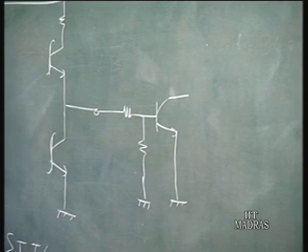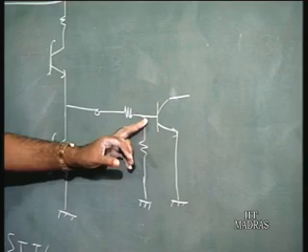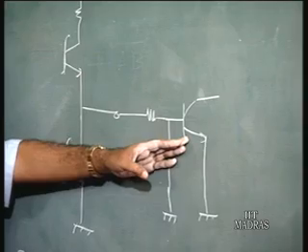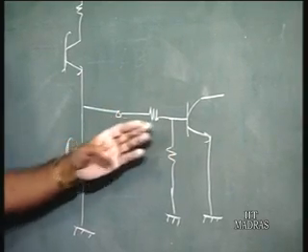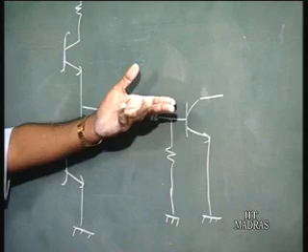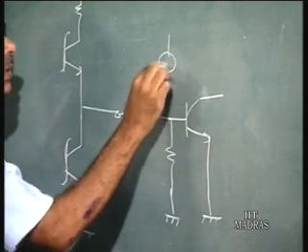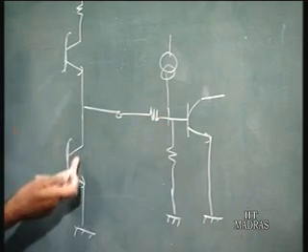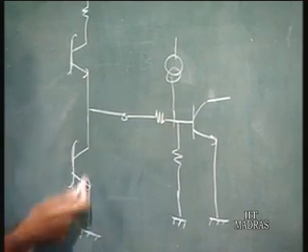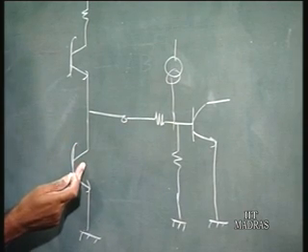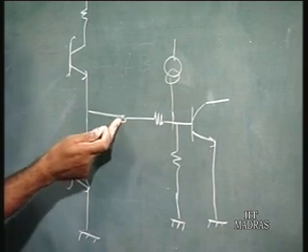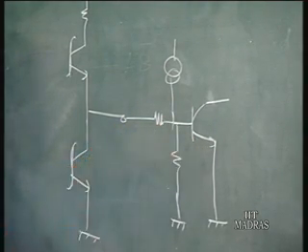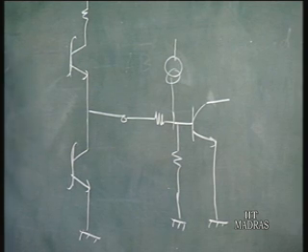Now, basically the idea is that if this input is low, this transistor must be cut off, and if this input is high, this transistor must go to saturation. You also have a current source here, you must remember. When is this output low? When the lower transistor is in saturation. So this voltage goes to 0.2 volts, and there is no way this transistor can turn on, because the voltage at the base is not going to be any higher.